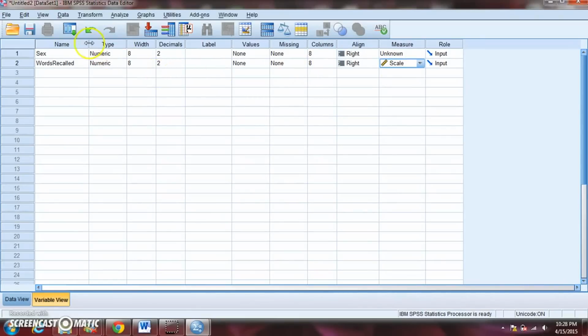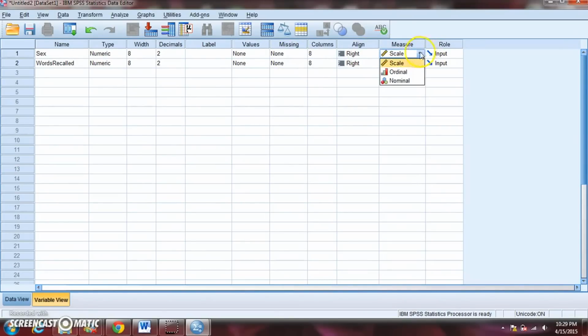Now for a variable like sex, it's a little bit different because we might put numbers in here like 1s and 2s, but those numbers of course don't actually really mean anything. They're just symbols standing for, in this case, male and female. Your sex is obviously not 1 or 2, your sex is male or female, even though we may use 1s or 2s to stand for those categories, male and female.